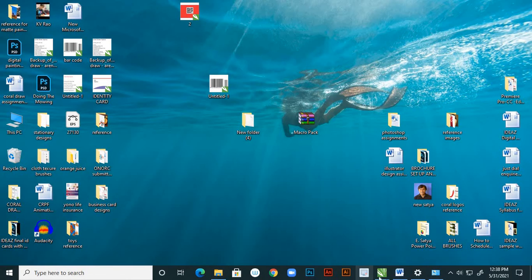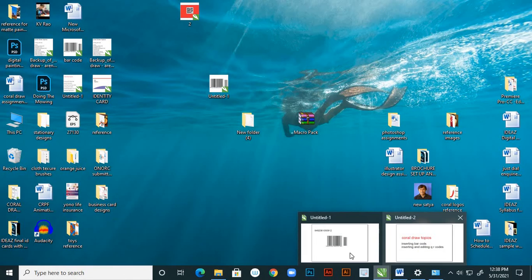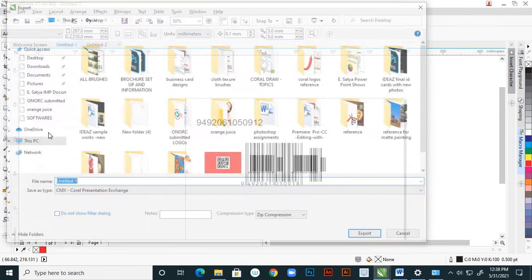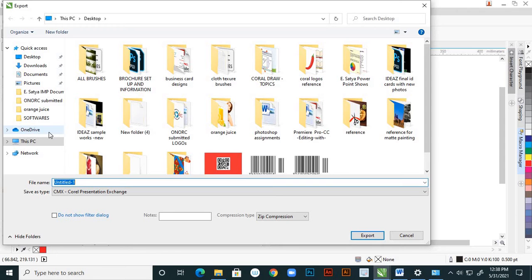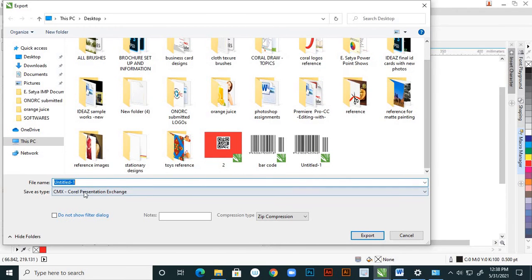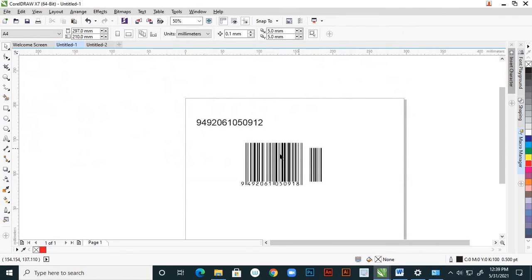That is not 2 actually. I'll check where it is saved. So from File again Export. I'm giving another name, sample. Here I'll change.